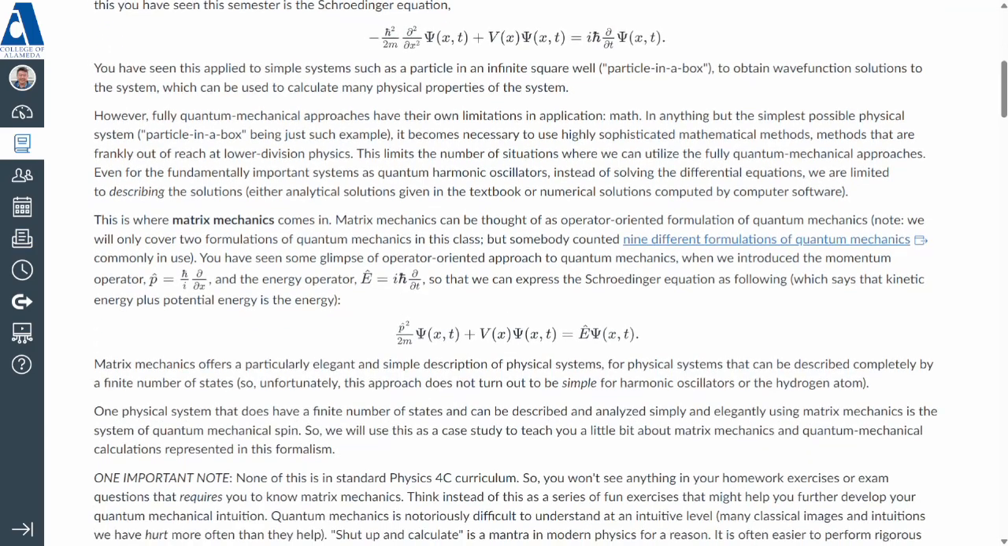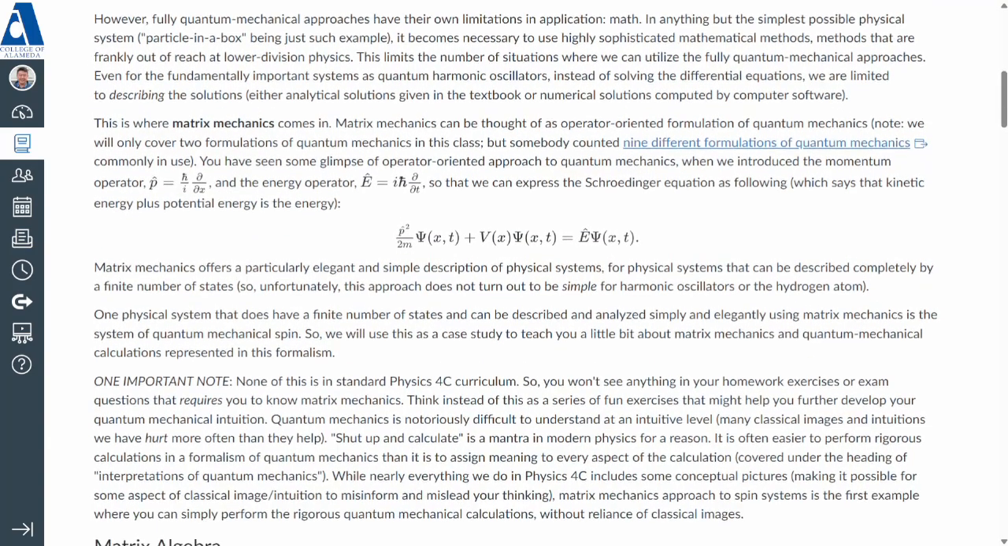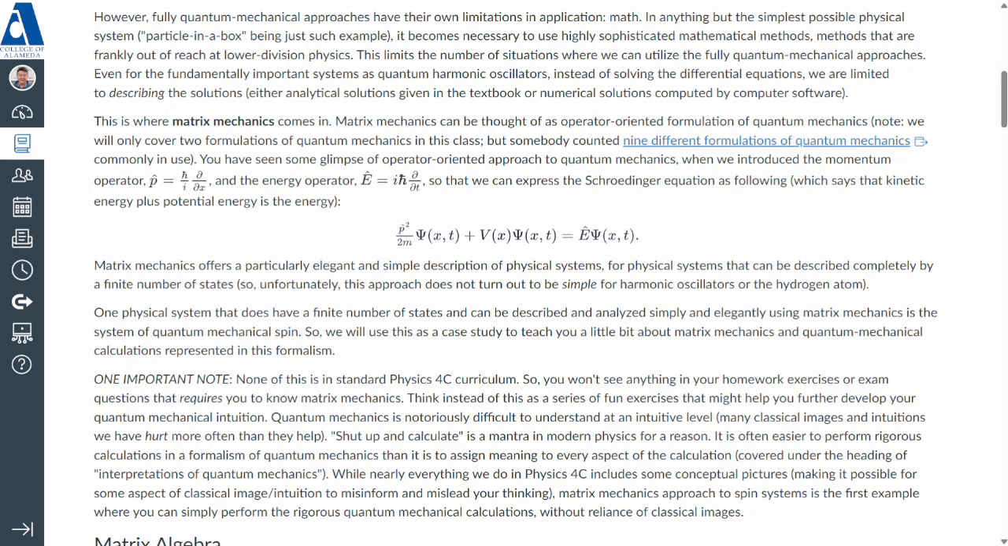This is where matrix mechanics comes in. Matrix mechanics can be thought of as an operator-oriented formulation of quantum mechanics. A note: we will only cover 2 formulations of quantum mechanics in this class, but somebody counted 9 different formulations